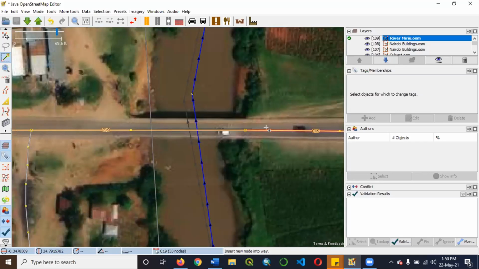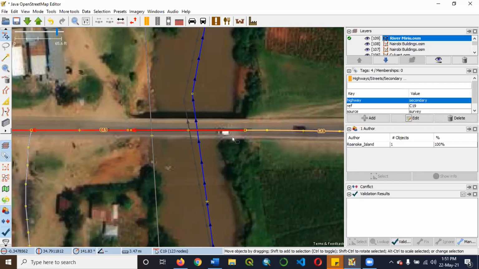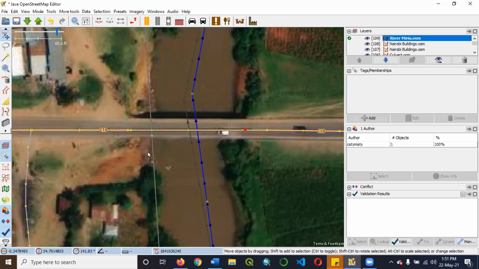So this is where our bridge starts on the other side, and escape. Now that is one node, and then the other node, you click on there and then you click on escape. So we have these two nodes that you're going to use to add our bridge. So we are going to select the two nodes, this one and this one, the two nodes